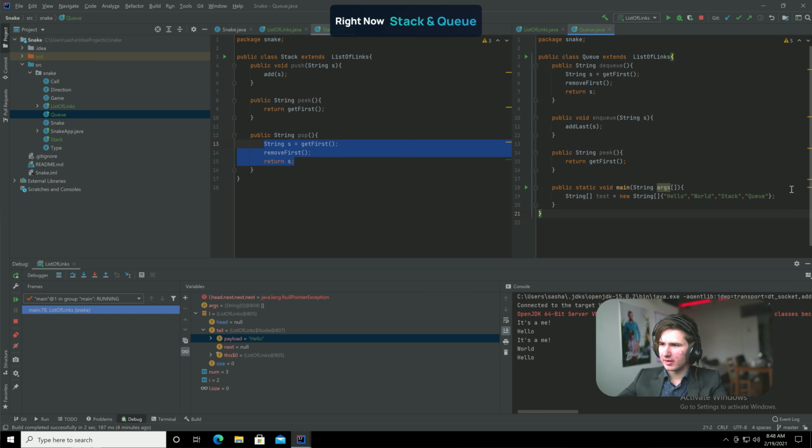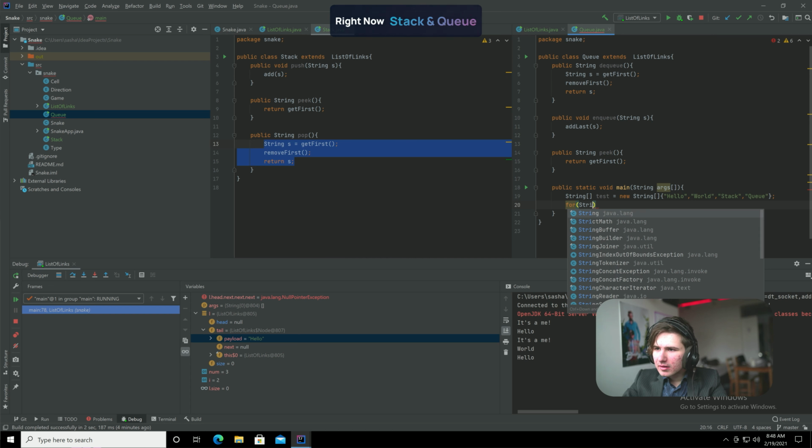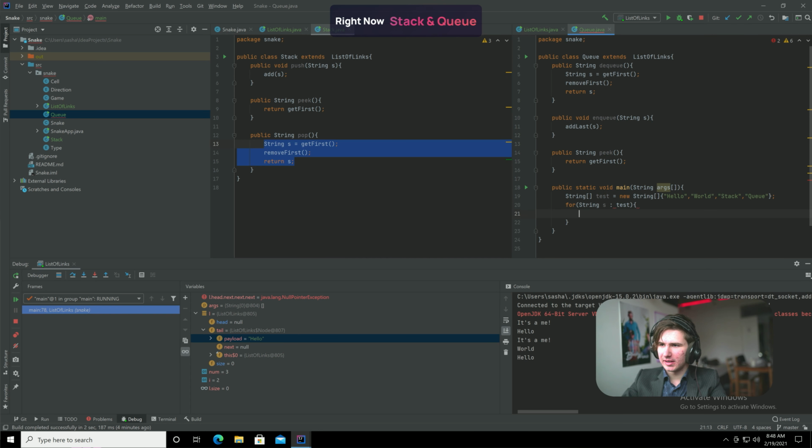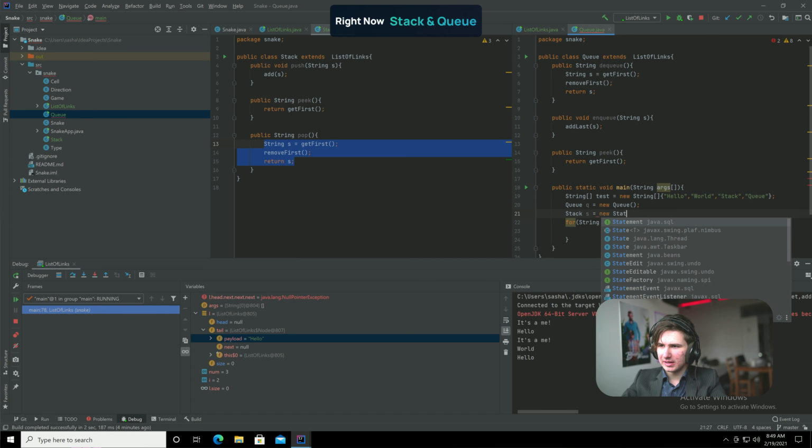Now we're going to do a couple things. We're going to say for string s in test, oh, we also want to create these first. So q is equal to new Queue, Stack s is equal to new Stack,